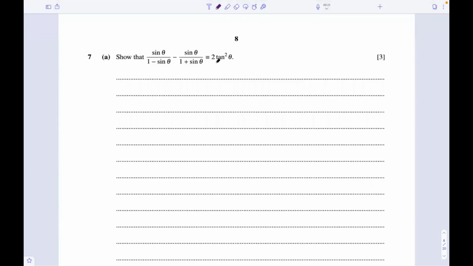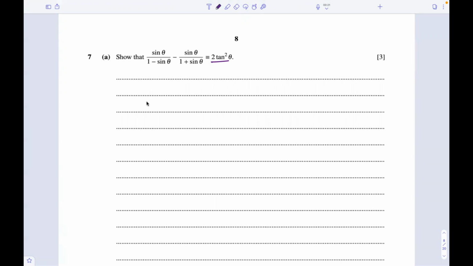In question 7, we have to show or prove an identity. So we always start from the side which looks more complicated or more extensive, and we can simplify it down to make it equal to the other side. So the first step of solving an identity is basically we just try and, in this case, what we